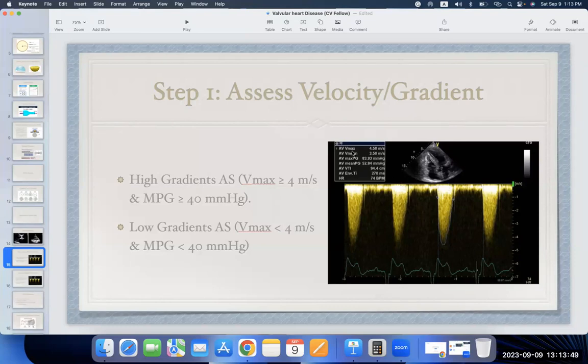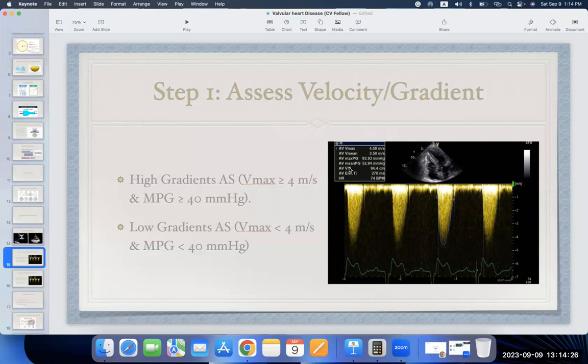You can get the maximum velocity, the mean pressure gradient, and the maximum pressure gradient, so you get all this information. You also get the aortic valve VTI, which is important later on. But it's very important to remember that your echo beam should be parallel to the flow of the blood. If it's not parallel, you will have an underestimated velocity. We always say if it's about 20% off the axis of the blood flow,